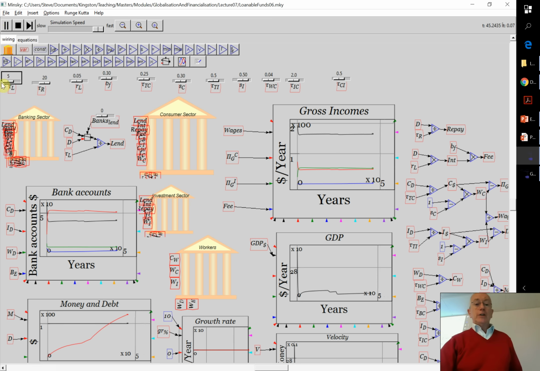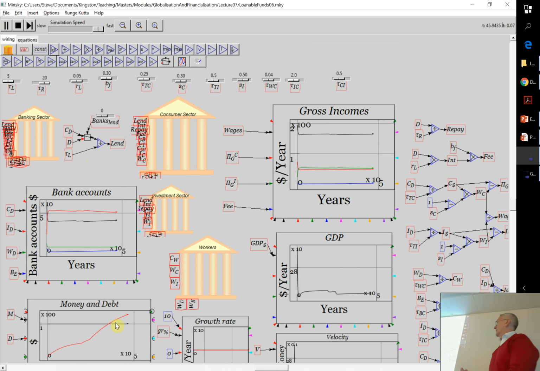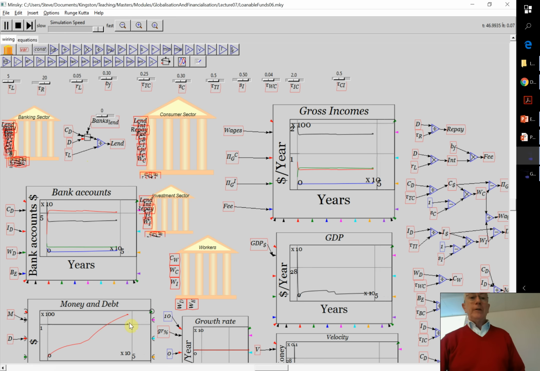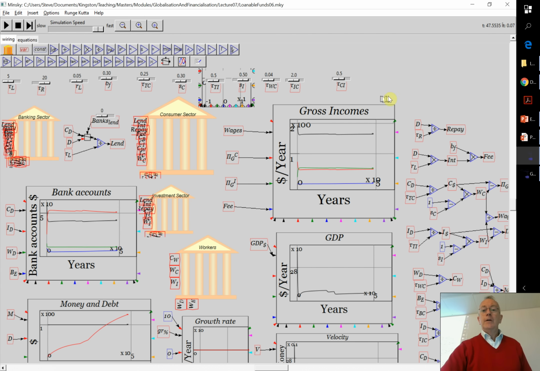And I've had a drastic change in the level of debt in the system. So if I had a debt to GDP ratio, it would now be quite substantial. Actually, we can put that graph in there. Just to get that done, I'll show you the idea of graphing. You click on a graph icon, drag and place that somewhere on the screen.